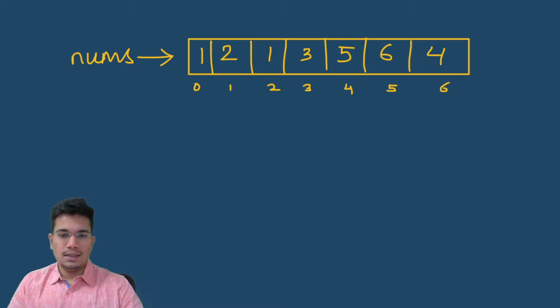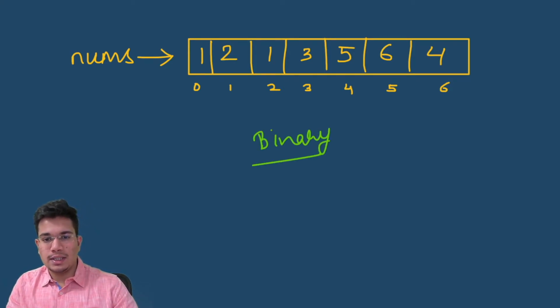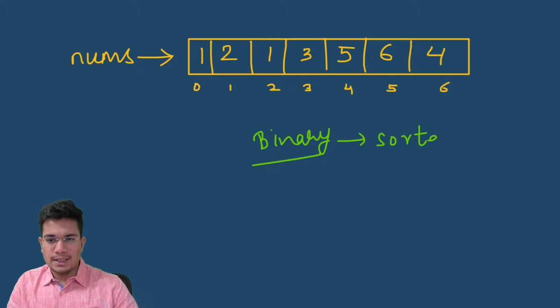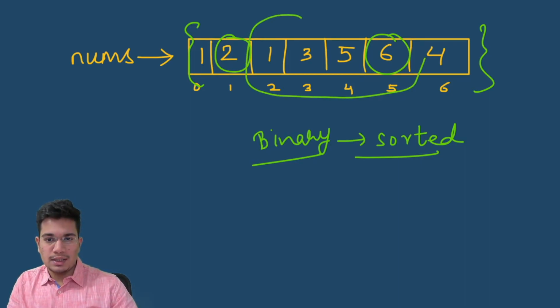All right, so let's look at the optimized approach now. Since we are going along the lines of binary search, we know that the array needs to be sorted, right? Binary search only works on sorted arrays. And here, if we consider the entire array, this thing entirely is not sorted. But if you look closely and consider only the peak elements, that is this element and this element, which are our potential answers, everything from one peak element to the other, for example this much part, is in a sorted form. In a similar fashion, this part is also sorted and this part is also sorted.